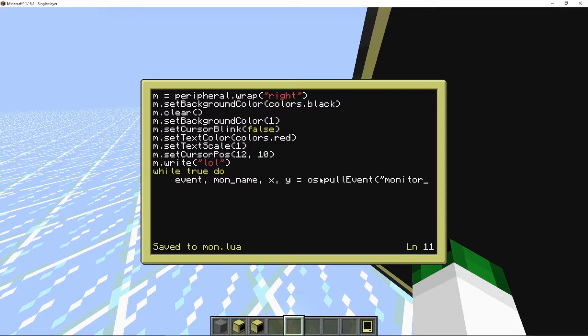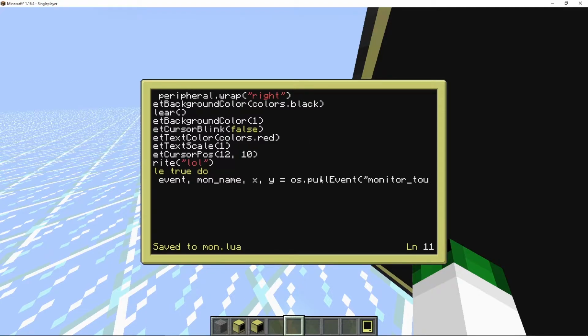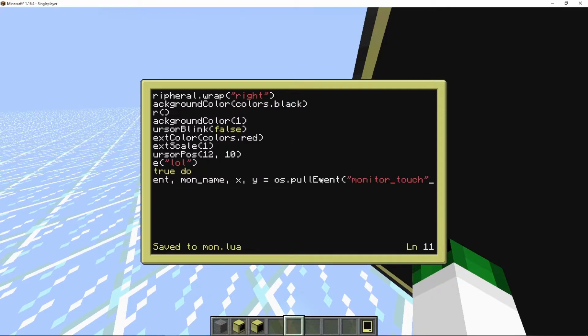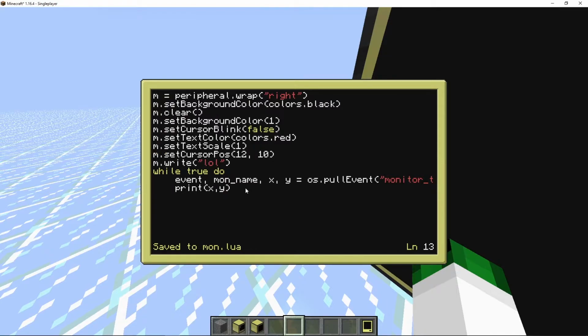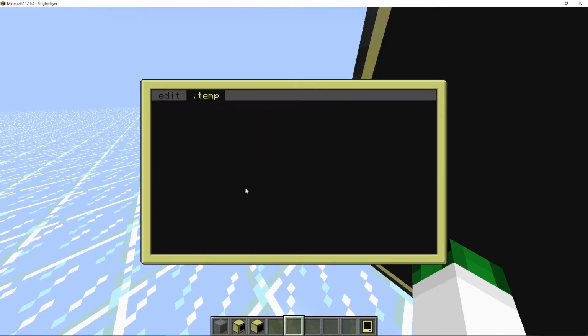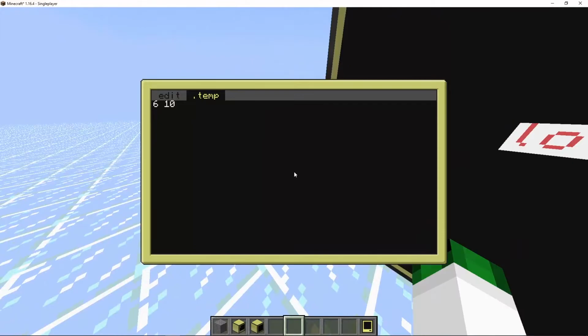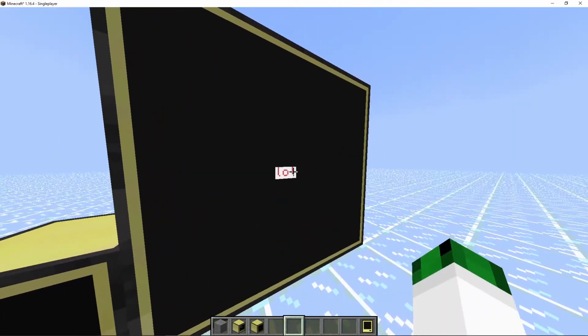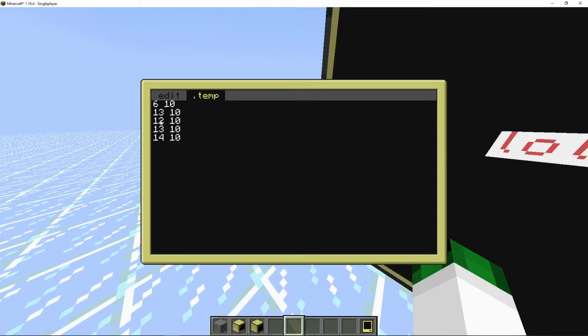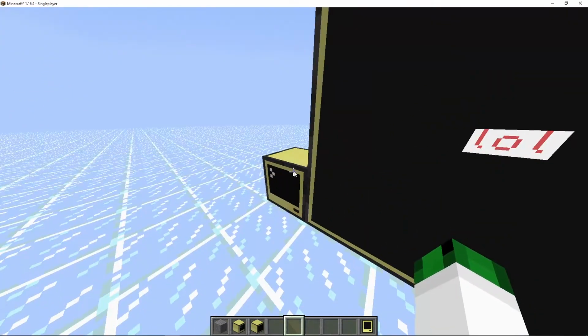And we'll do os.pullEvent, and it's monitor_touch. Now we'll go print X and print X and Y. Now we'll go end, and if I go run that, wherever I touch the screen it tells me. And 12, 13 and 14 are where that is, so we need to go